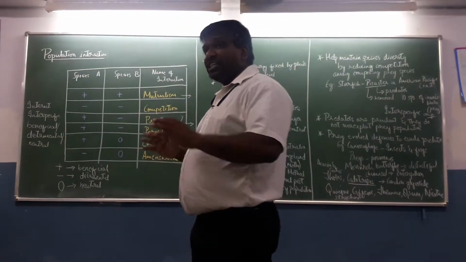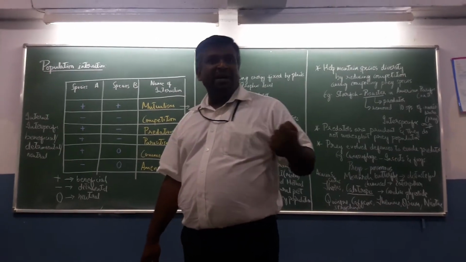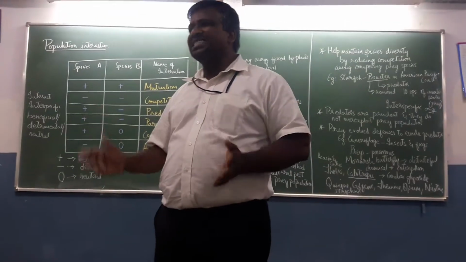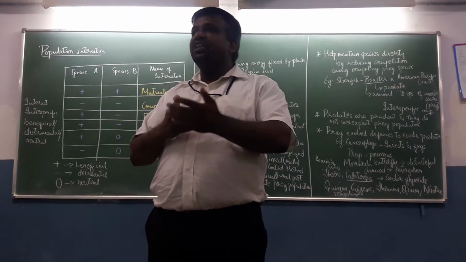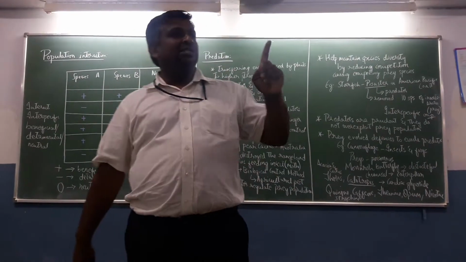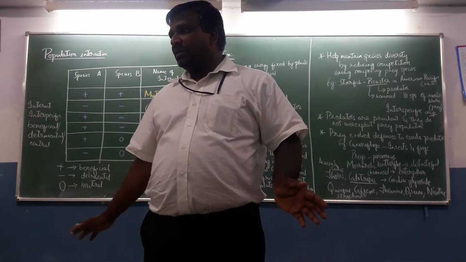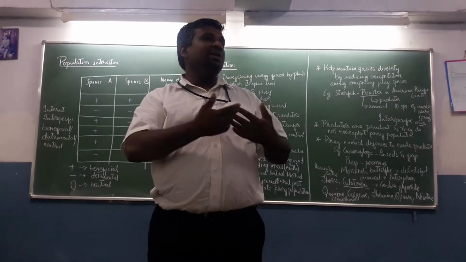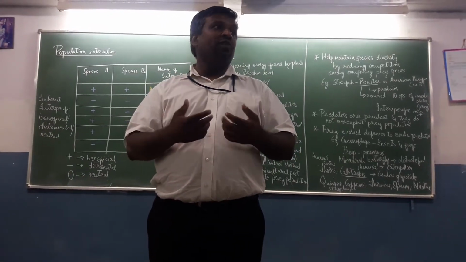Okay. So population interaction is required. See, we are not independent or dependent, we are interdependent. Even in the ecosystem it is the same. There is an interaction between different species. There is no possibility of one species existing on Earth without the other species. There is an interaction between different species, and they are required for each other.